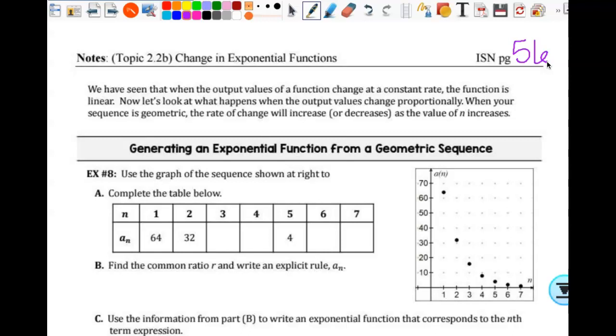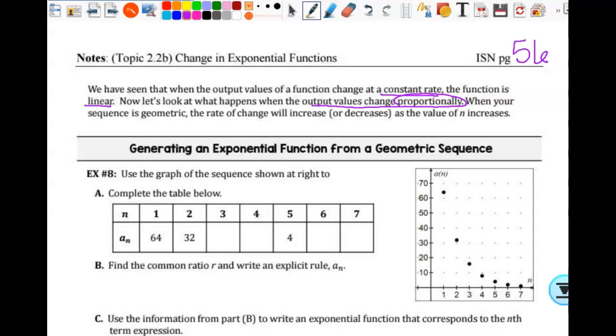So yesterday we looked at the change in linear functions that were related to arithmetic sequences. And today we're looking at change in exponential functions, which are related to geometric sequences. So we've seen when the output values of a function change at a constant rate, the function is linear. Now we're going to look at what happens when the output values change proportionally, instead of changing at